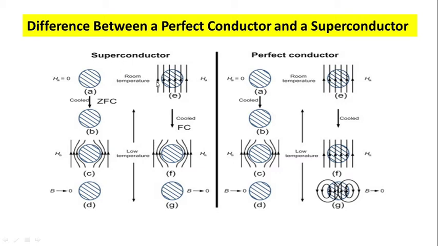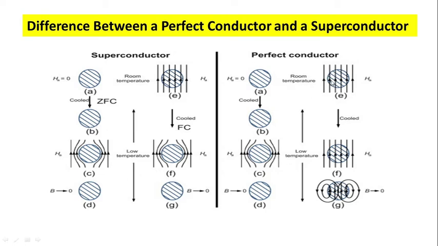This is your specimen, that means the superconductor, and magnetic field lines are passed through the sample. That means it is in the presence of a magnetic field. When you cool down the sample below its critical temperature, then due to the Meissner effect, the magnetic field lines are pulled out of the sample. And when you remove the magnetic field again, it goes back to the situation like B. So B and G are equivalent.